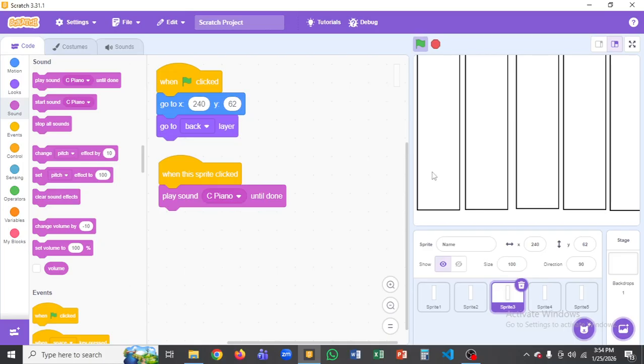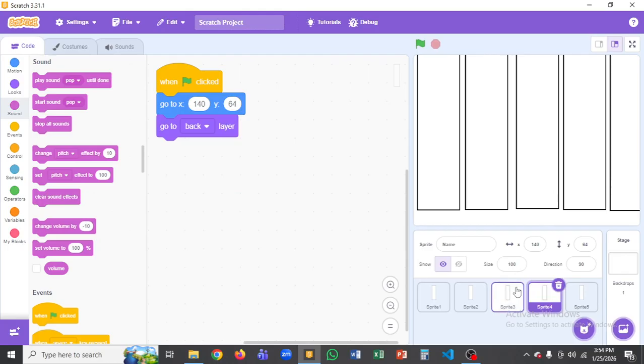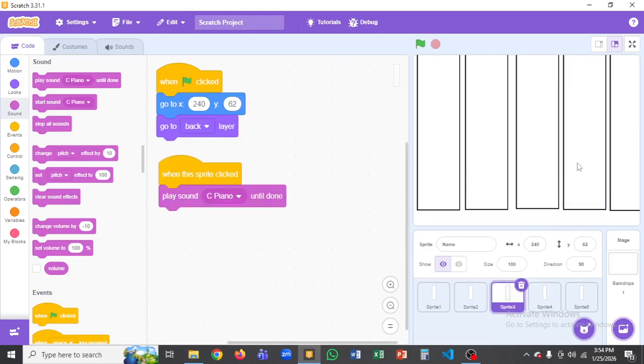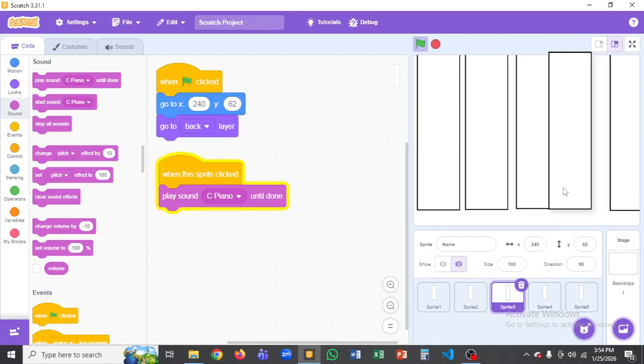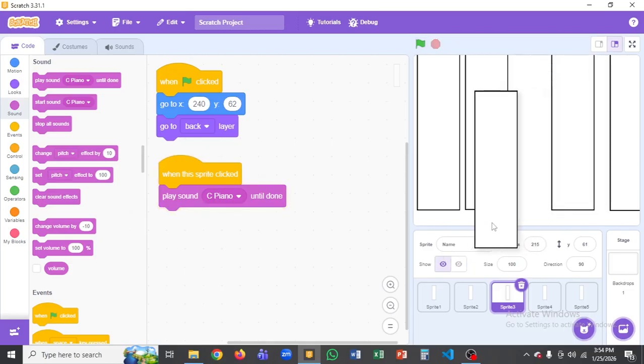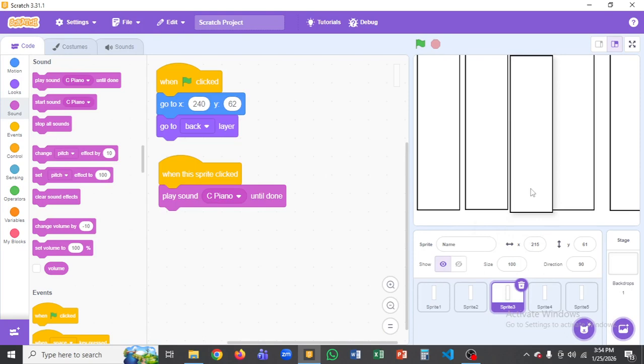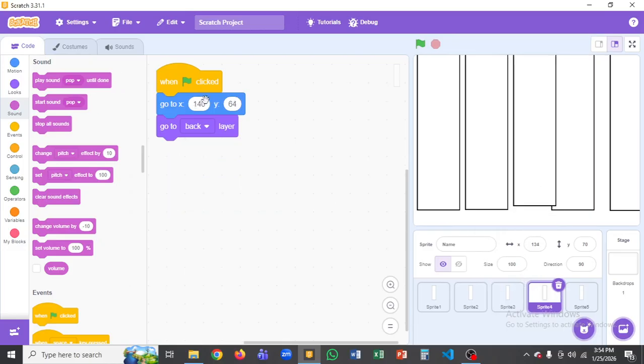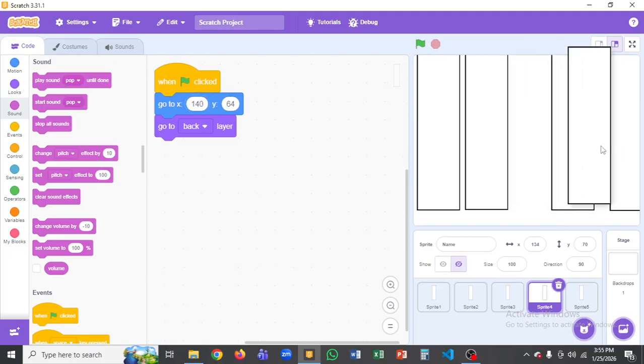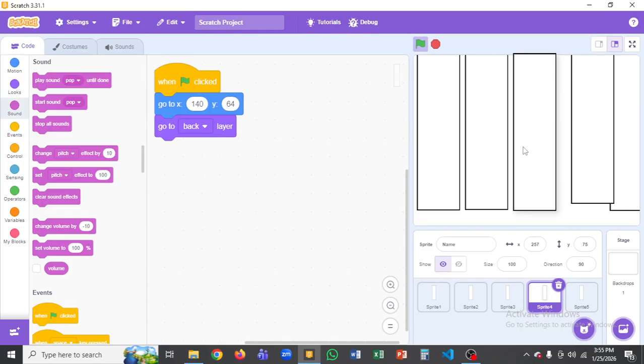So these two work, but then this doesn't. Let's find the reason. This is the third sprite, and the third sprite is actually over here. So what we gotta do is we gotta move these sprites. So that's a simpler way. So this one was in 240. So the fourth sprite should come to 240 and the first sprite should come to the other one. So let's exchange the sprites,